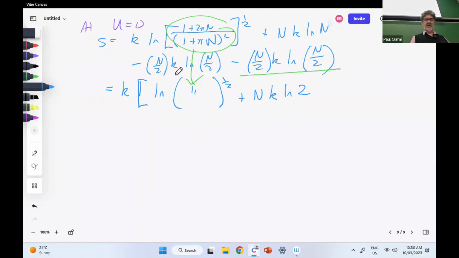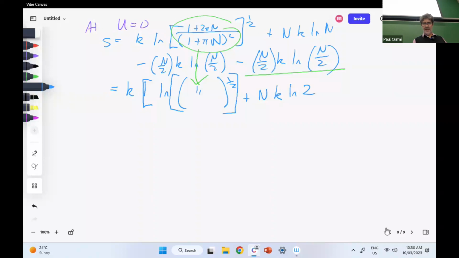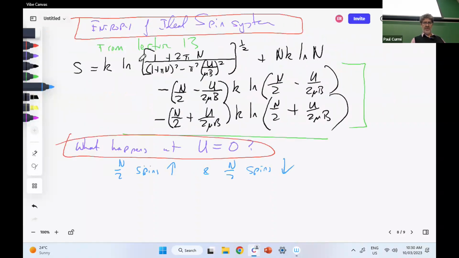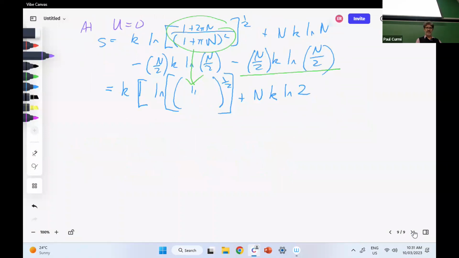Inside the logarithm, I'm pretty sure. Let's go back and check. The square root is inside the logarithm. Okay, so if you want, I can put that. Okay, this thing here simplifies. I put the k out the front, so that k is gone. It's out the front there. So I simplify this. This is approximately